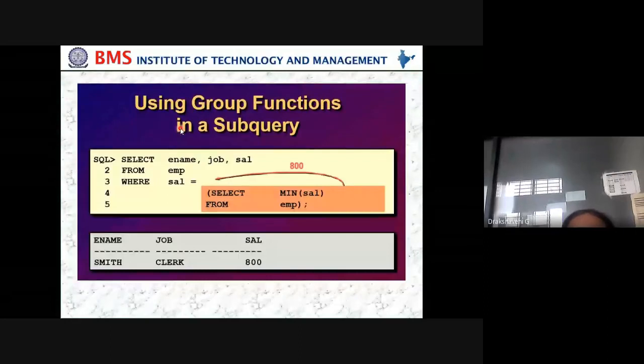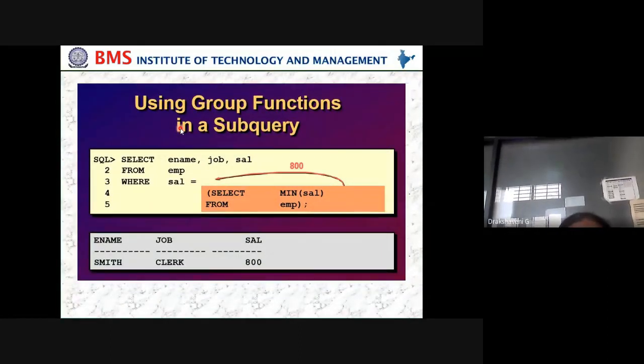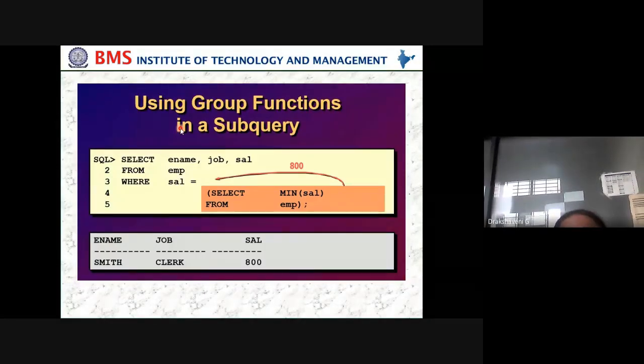In the same way, using the group function in a subquery. Just now they have given in the guidelines not to use group by, but we can use grouping functions, something like minimum, maximum. So how to do that, and how these group functions, that is name, job, salary, should be fetched. First I want to select the minimum salary of the employee.